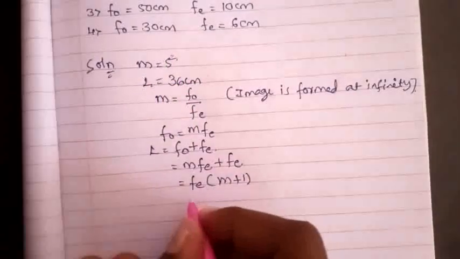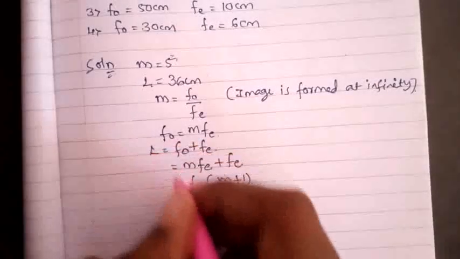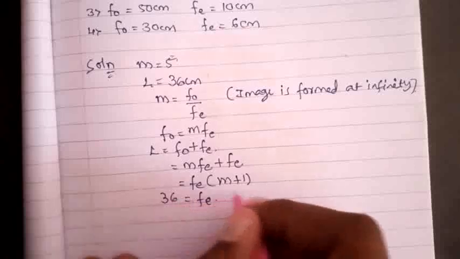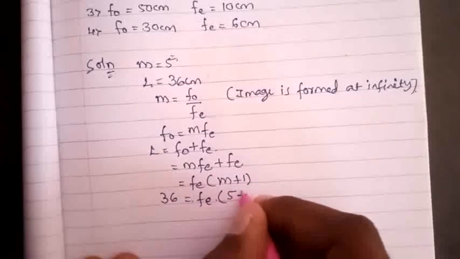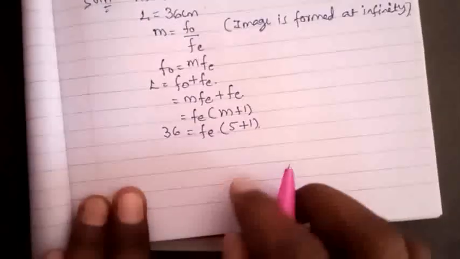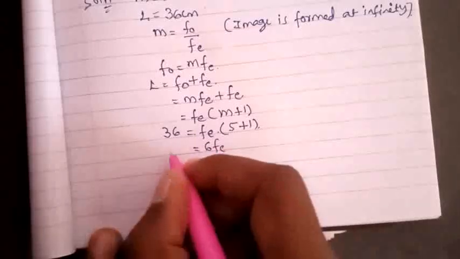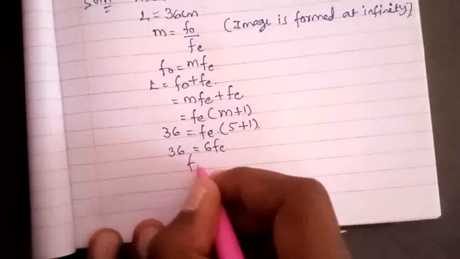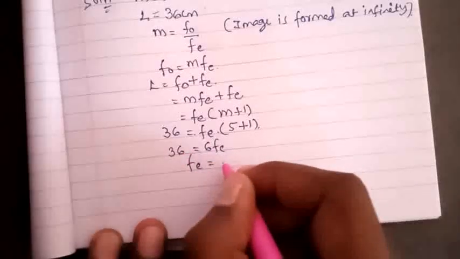Magnification given is 5. Then FE into, then what about this one? L is given, that is 36 centimeter. Then FE, M is nothing but 5 plus 1. So 5 plus 1 is 6. Then 6 into FE is 36. Then FE is equal to, I will take 6 to the left hand side, 36 by 6, that is 6